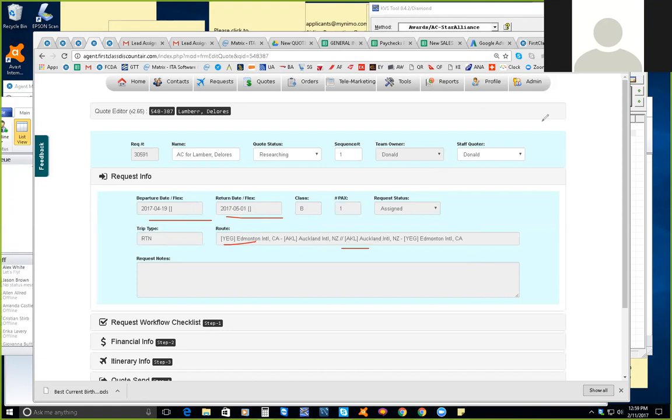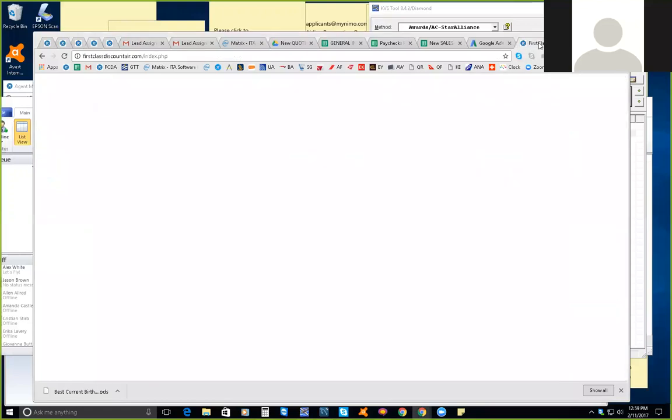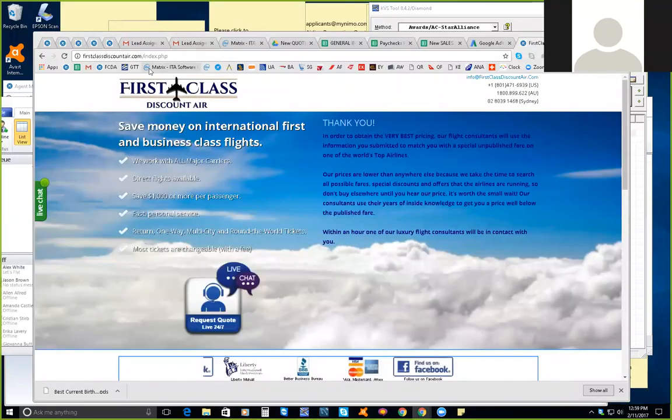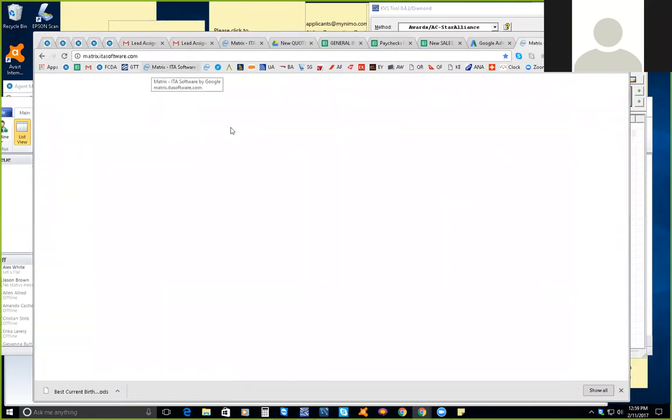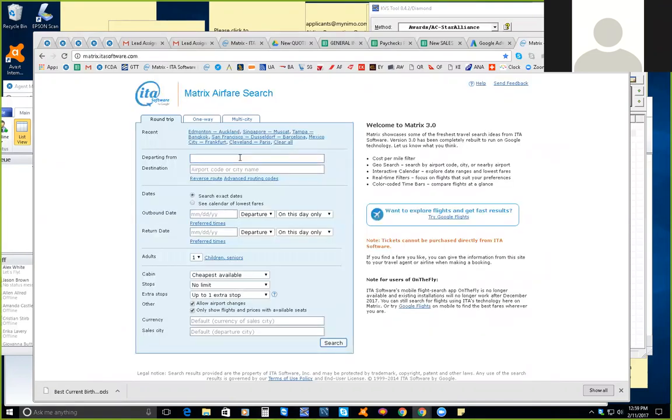And one of the first things you do is to go to a website called Matrix, and put in the cities. This is my shortcut to Matrix right here. One thing you want to do first is to put in the cities and see kind of how much it sells for, to see what you're up against. Also, it gives you a chance to see if there's any nearby cities they can leave from. Like if you click nearby right here